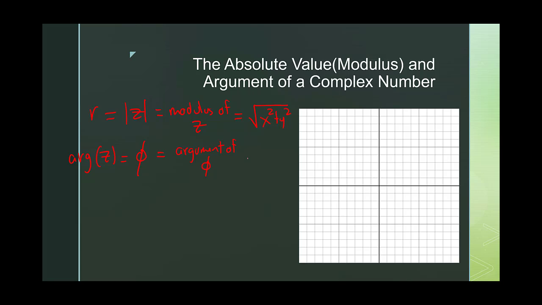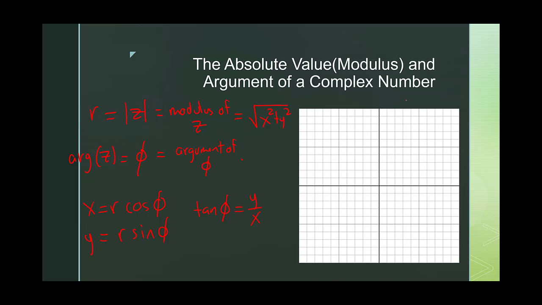Now you can still use the same formulas that you had back in Calc 3. So x is still equal to r cosine of phi. That's coming from SOHCAHTOA, the CAH part of SOHCAHTOA, I should say. y is equal to r sine of phi. So that's the SOH of SOHCAHTOA. And then if you combine these, you get that tangent of phi is equal to y over x. So we still get the same formulas that we did back in polar coordinate land, except now we're just complexifying it. By the way, that's not a word, but in any case, I'd like it to be a word.